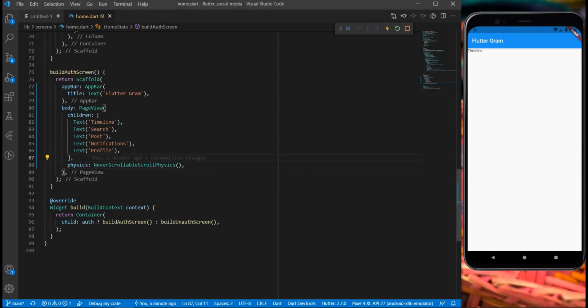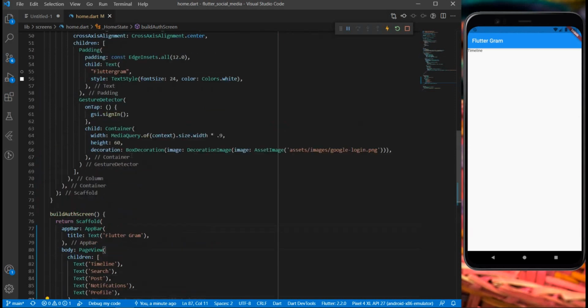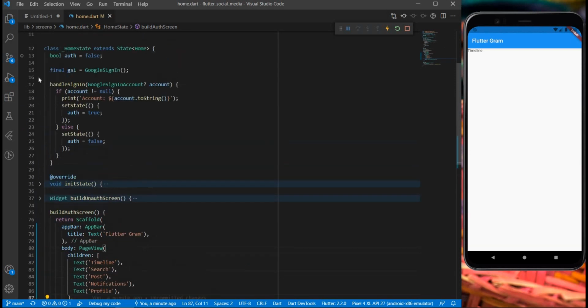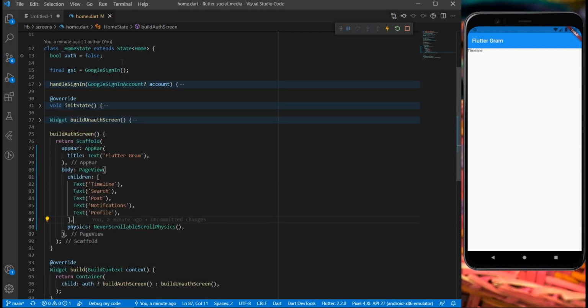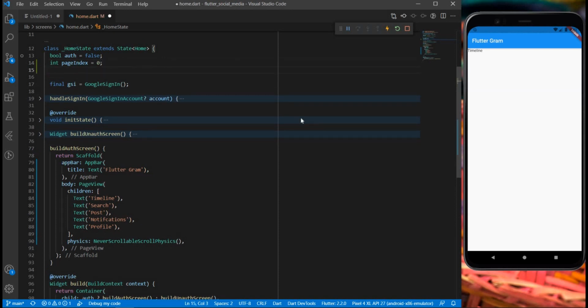Next, let us define a variable within this widget which would control the page number of the current page that we are on. Let me go right to the top and let me call this variable int pageIndex, and for starters let me set it equal to 0. I would also like to define a page controller here.